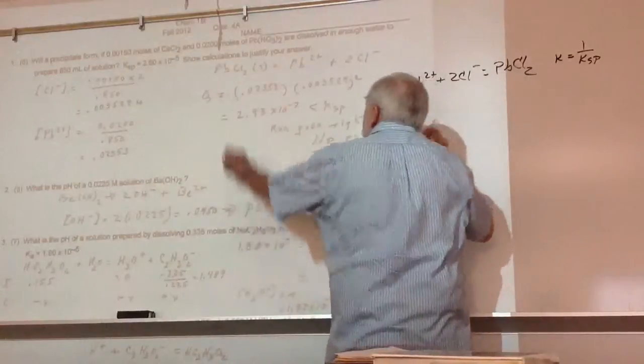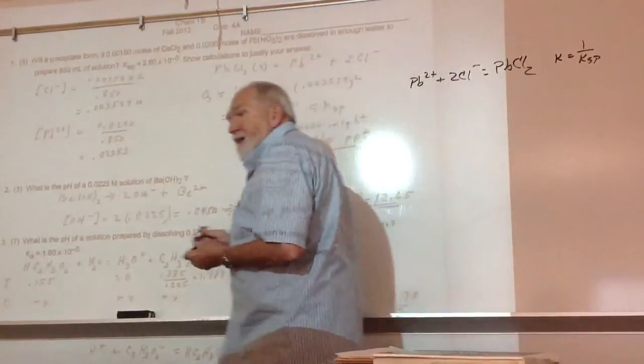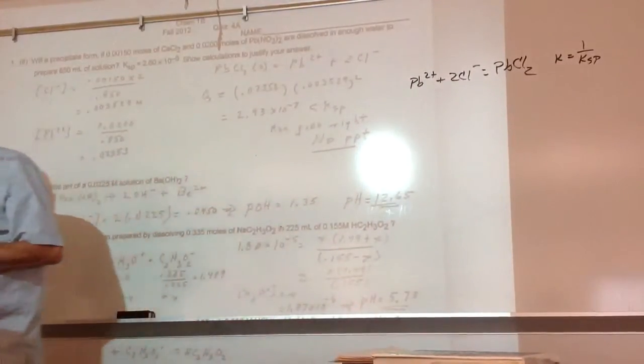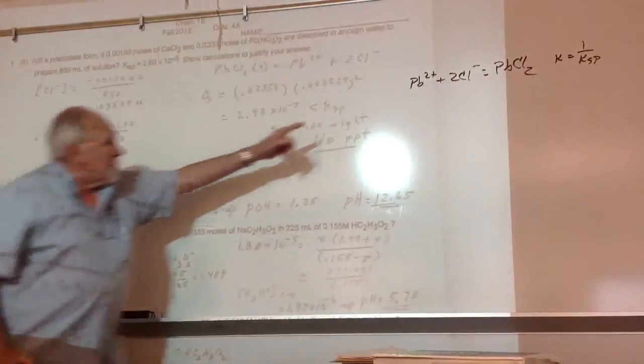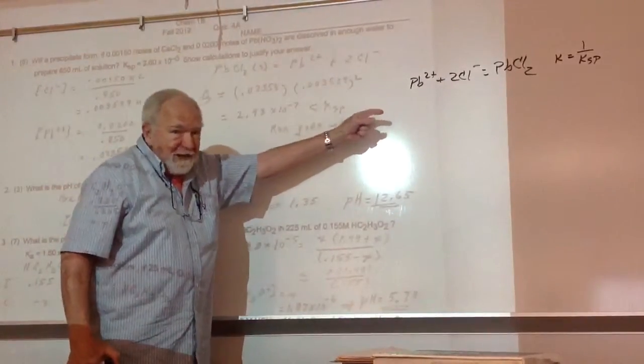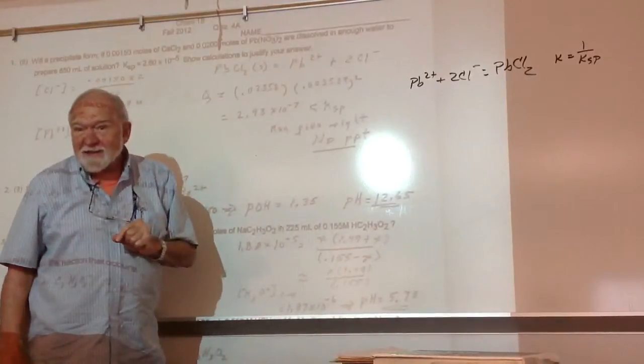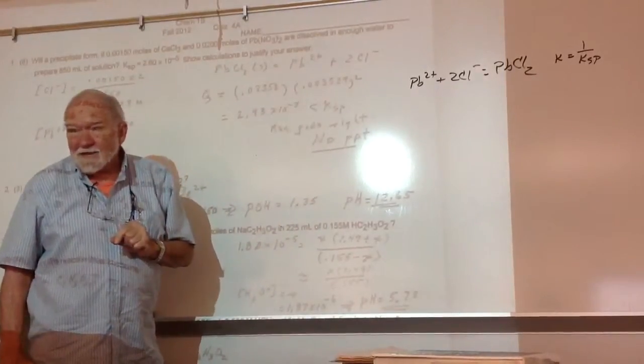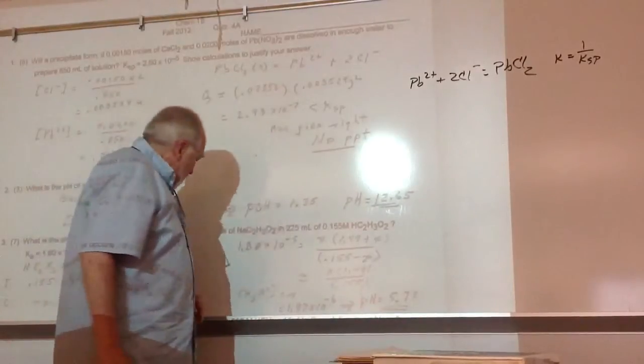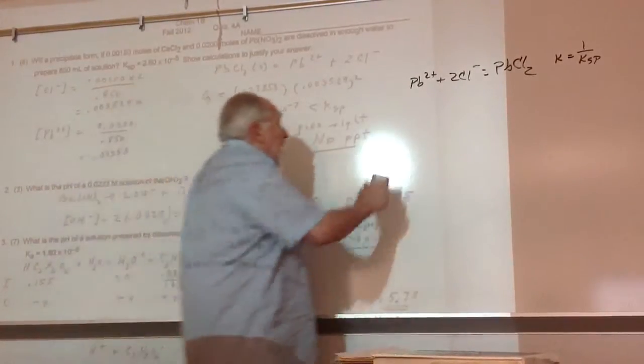Because the SP reaction is always the solid going to the ions. So if you wanted to calculate Q for this reaction, which people did, you'd have to compare it to the reciprocal of KSP, not to the KSP itself. The easiest thing is just to work with the reaction you had, and